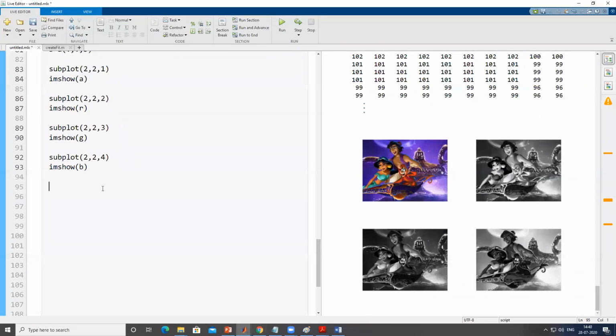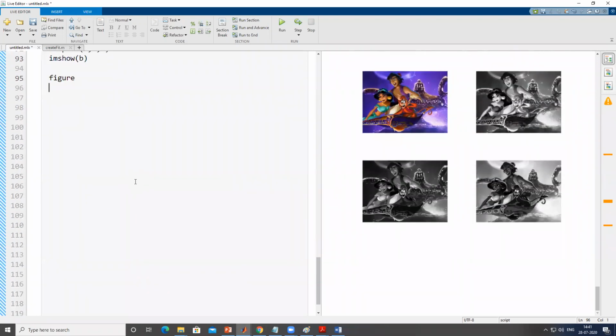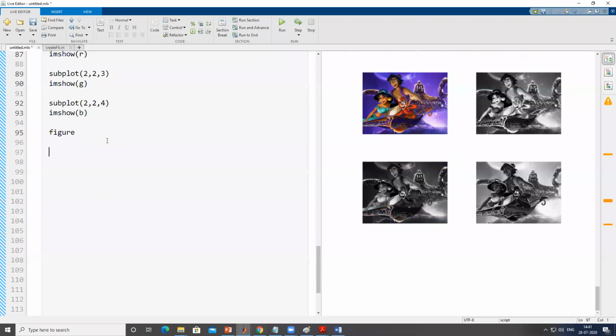Now, what if I want to find the negative of this image? As I told you, the maximum value that any image can attain is 255. So in order to get the negative of that image, first I will convert the parent image into a grayscale image, or black and white image, using the rgb2gray function.